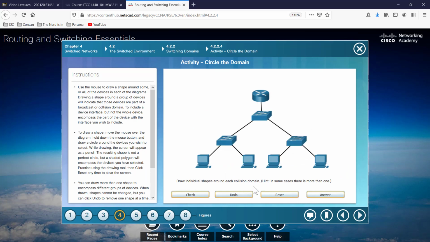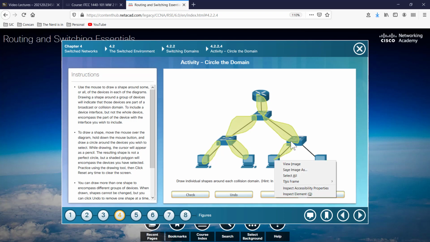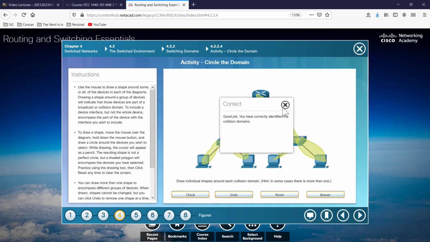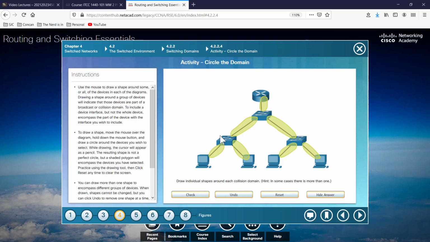You can go through these, but pay attention to whether they're asking you about a collision domain or a broadcast domain. So for collision domains, we've got just a ton of little baby collision domains because switches have full duplex communication. So let's see if I can get these all drawn successfully and see if it likes how I drew it. Yes, correct. And if I hit the answer button, it's so much nicer the way they draw it. But do this exercise right here, 1 through 8. Pay attention to whether they're asking you about collision domains